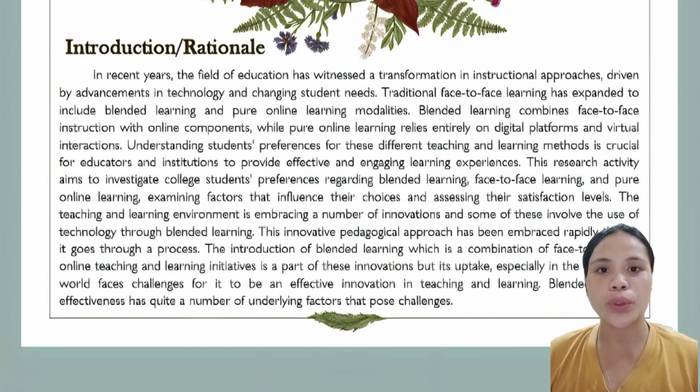The preference of college students holds significance as they are the primary beneficiaries of educational programs and play a vital role in the learning process. By examining their preferences, educators can gain insight into the instructional method that best aligns with students' needs and learning styles, leading to improved engagement, motivation, and academic outcomes. Additionally, understanding students' preferences helps institutions allocate resources effectively and make informed decisions regarding the design and implementation of